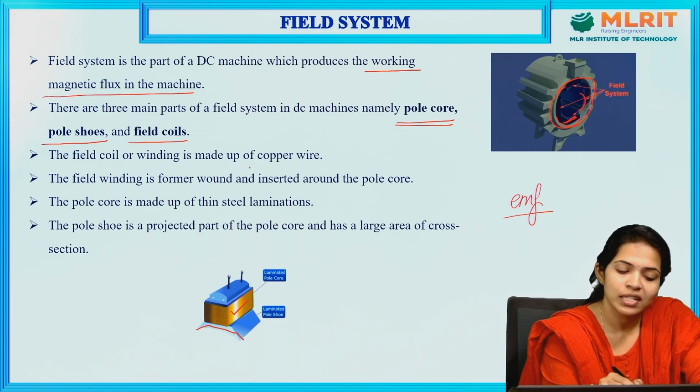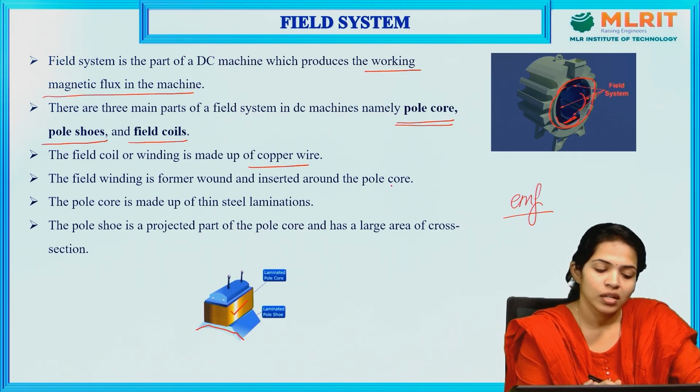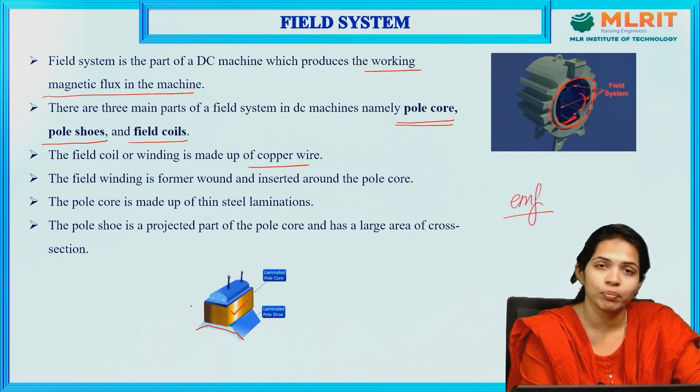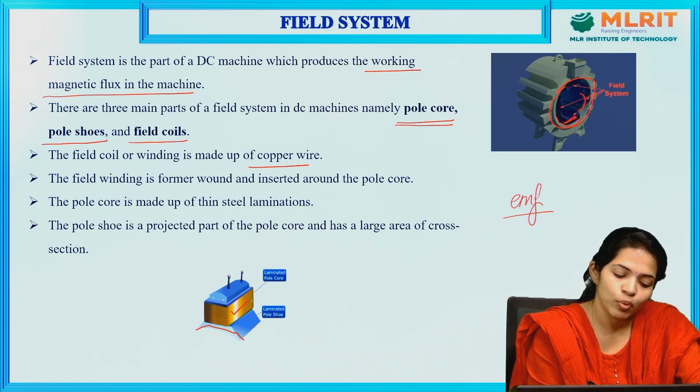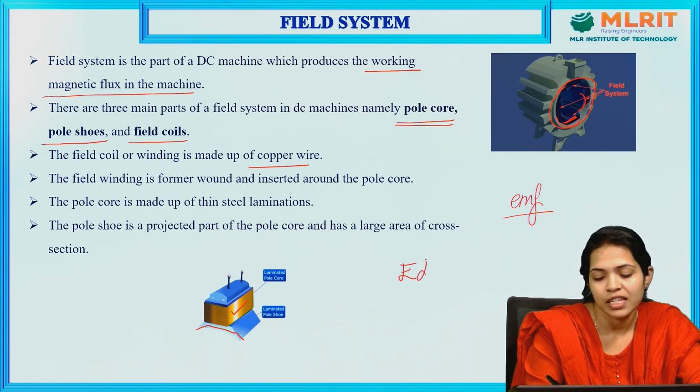The field windings are made up of copper wire. The field winding is first inserted around the pole core, that is, it is wound on the pole core, and this pole core is laminated to avoid eddy current losses